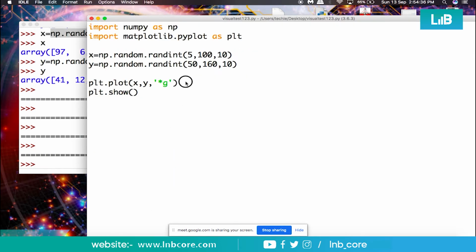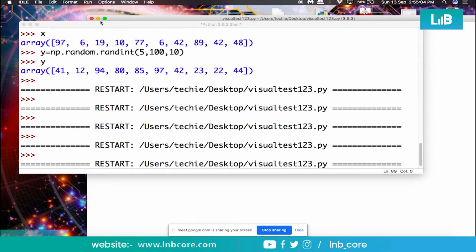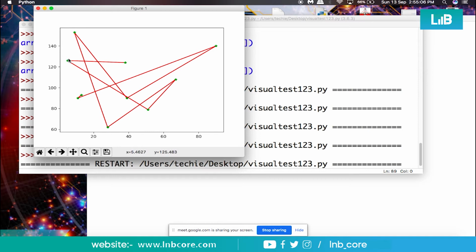So what we'll do, we have written already this thing. Before this, copy it and paste it without color and something. If you want to give the color also, you can give color like red. So now one continuous line will be plotted. If no notation is given, then this character will tell us which color will be printed. Okay, now let me save it and run it. So green is showing you the dots, and this red is coming to connect all the dots.